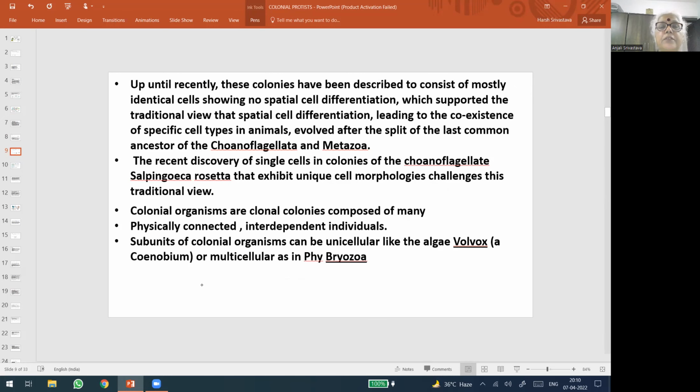Now these are the descriptions of the choanoflagellata that we have just seen. कैसे वो एक साथ रहते रहते एक दूसरे पर dependent हो जाते हैं. And there are different families. Important 3 families हैं, जिसमें एक मेंबर है साल्पिन जिका रोजेटा. Also it is a choanoflagellate that shows this traditional stage of evolution from unicellular to multicellular